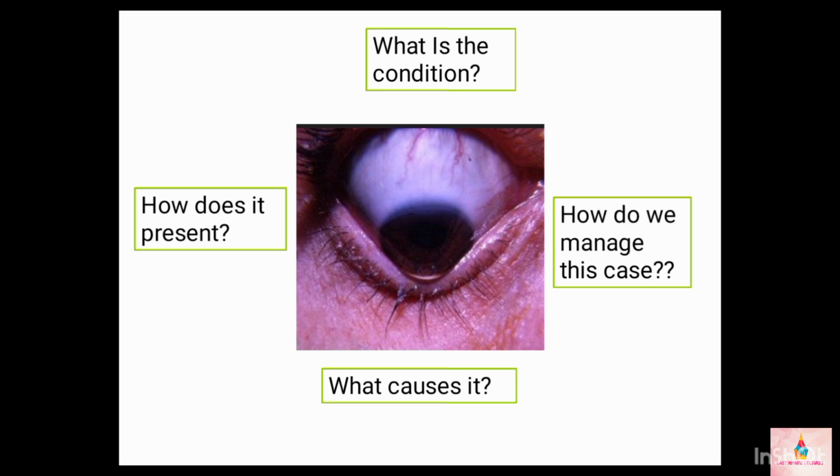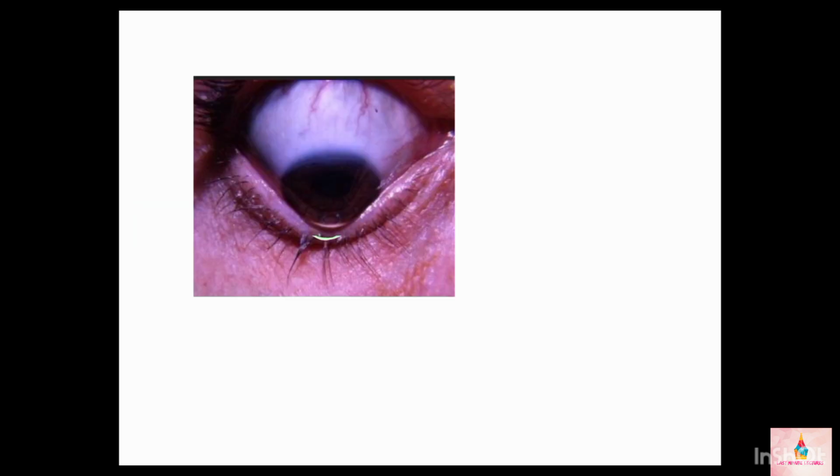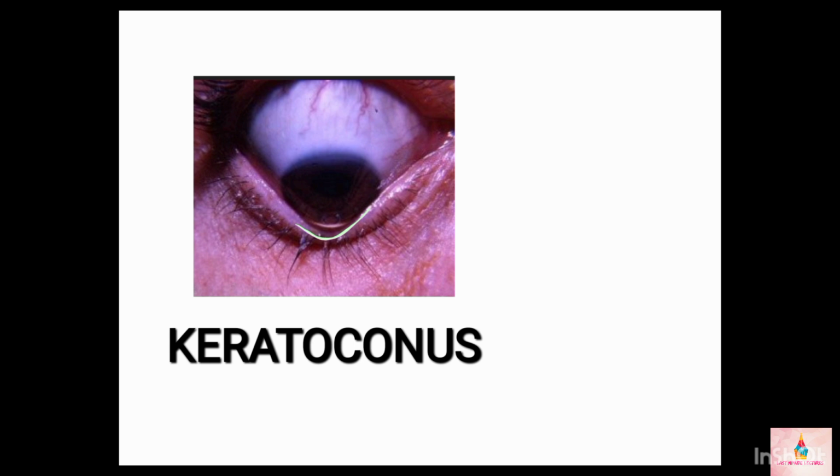So let's start with the diagnosis of the condition. As you all can see, there is a conical projection of the cornea where the center of the cornea, the apical cornea, is protruding forwards in a conical shape. So it gives us the diagnosis keratoconus. So by this image, we know the cone-shaped projection giving us the diagnosis keratoconus. The name itself says keratoconus. The cornea is cone-shaped, right?